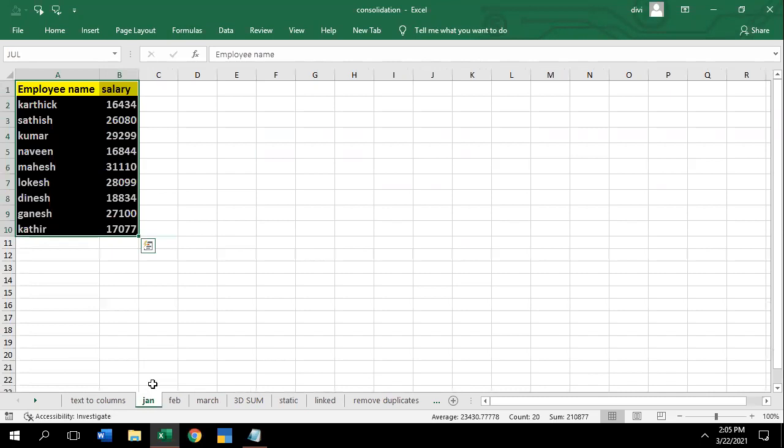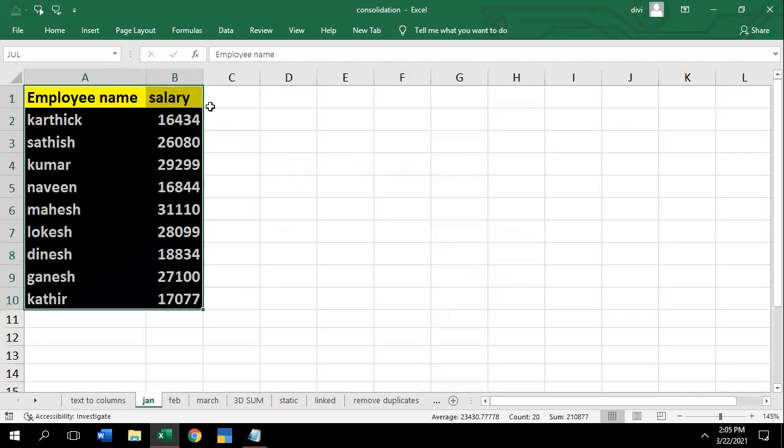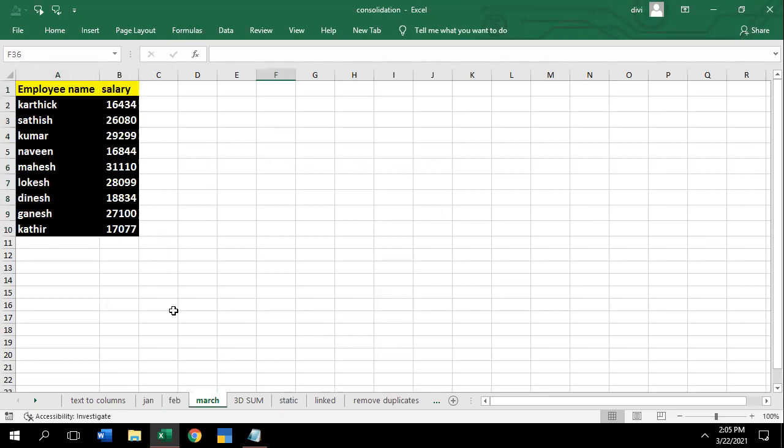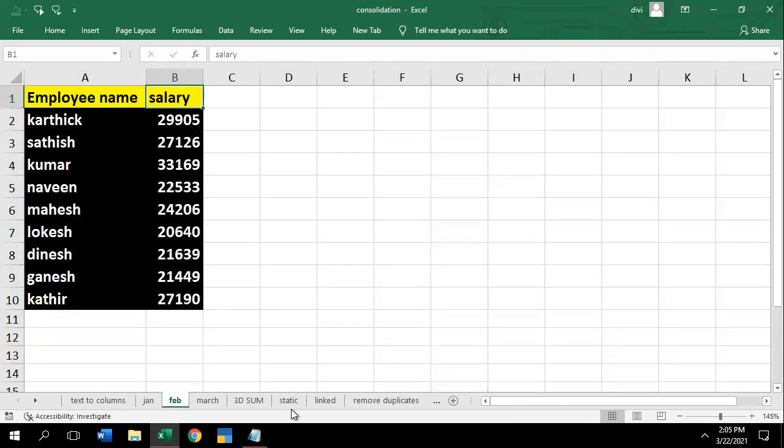Why? Because in the January sheet I have assigned the heading salary, and in all the sheets, Feb and March, the heading is also salary. Once I have given salary as the same value everywhere, it cannot be extended. If you want it extended, your heading should be changed. For example, I'll show you.